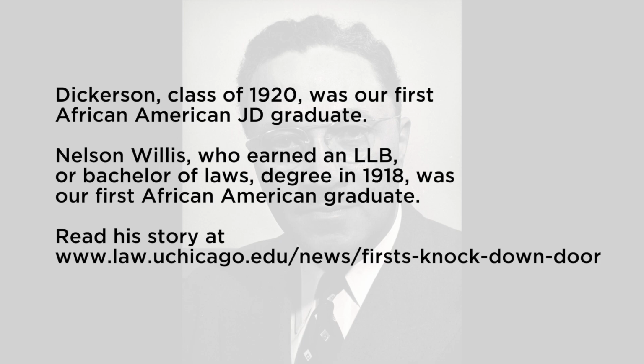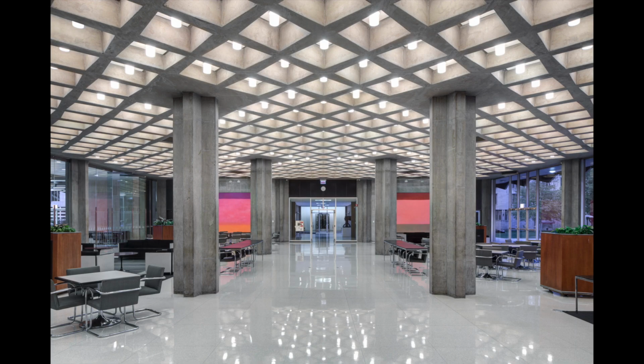After graduating from the law school, Dickerson was heavily involved with the NAACP and argued Hansberry v. Lee, the case that later served as the basis for the play A Raisin in the Sun. We'll now walk back towards the main entrance to the law school, past the reception desk and elevators, and into the Green Lounge. The Green Lounge is the social center of the law school and is home to 2 of